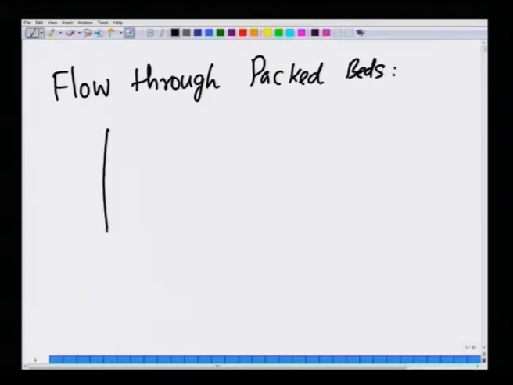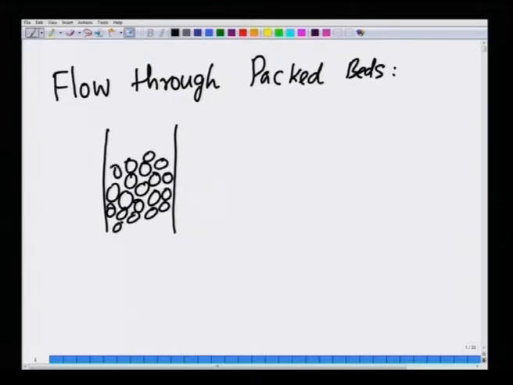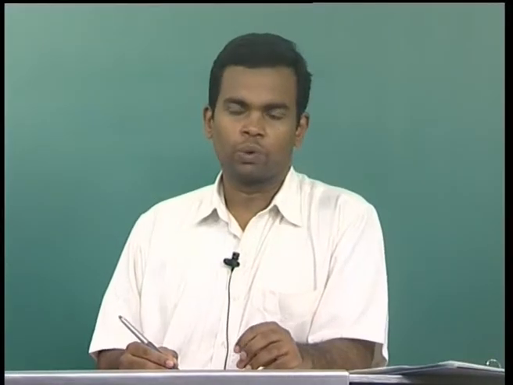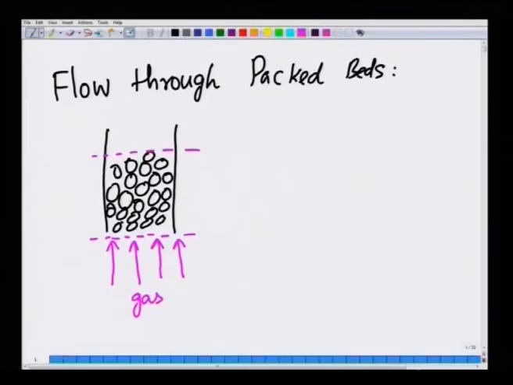A packed bed is essentially a container with a lot of particles or packings of different shapes. For simplicity, let me draw particles of spherical shape in this cartoon. You have a distributor through which fluid is made to flow, let us say a gas. The idea of having a packed bed is that the effective surface area per unit volume for contact between the gas and the solid surface, or maybe there is gas-liquid absorption going on,